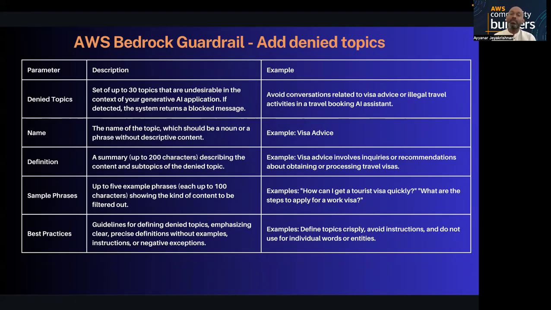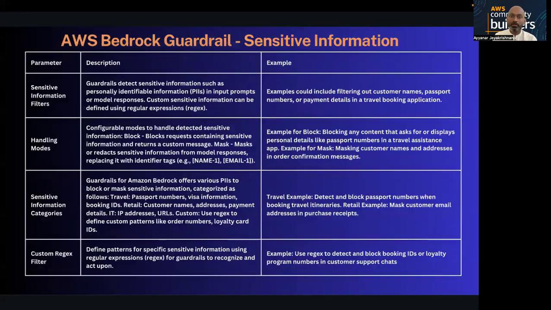How can I claim the insurance in a fraudulent manner? Fraudulent is another topic. If you're building a bot or agent for insurance, and you want to cover fraudulent, exaggerate or manipulate, these kinds of topics you can add. At the input itself it will block. When the prompt comes to the input, it will go to the guardrail and it will block it there itself.